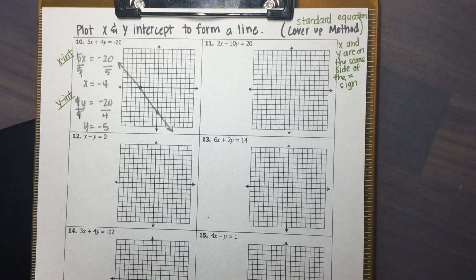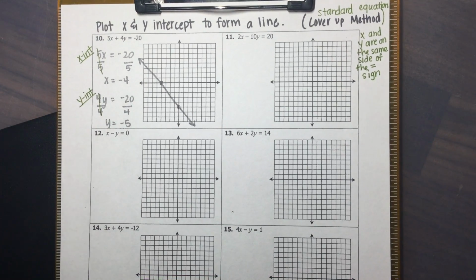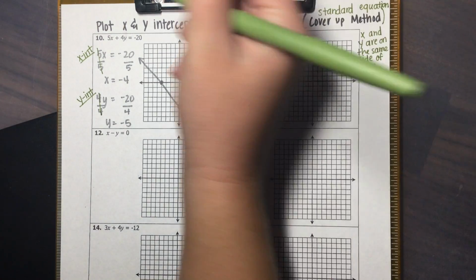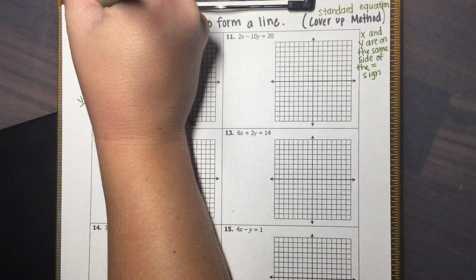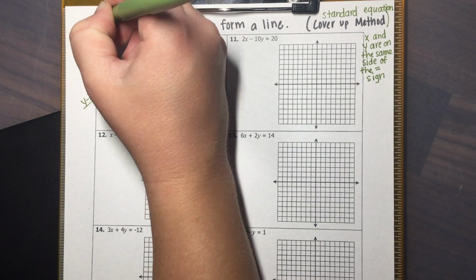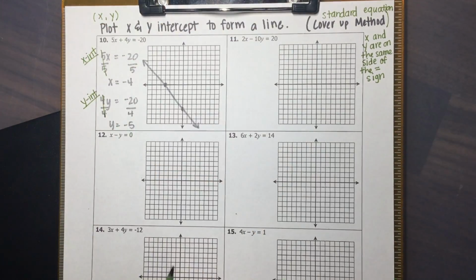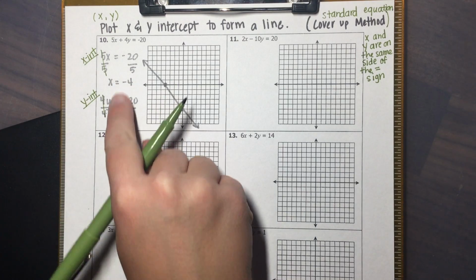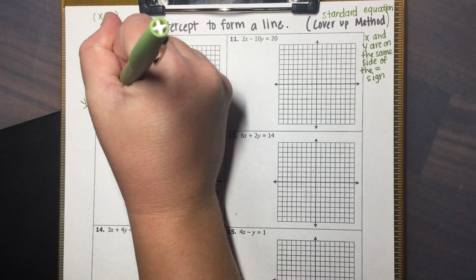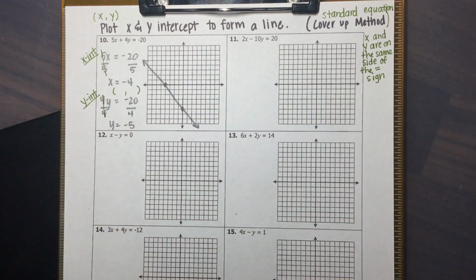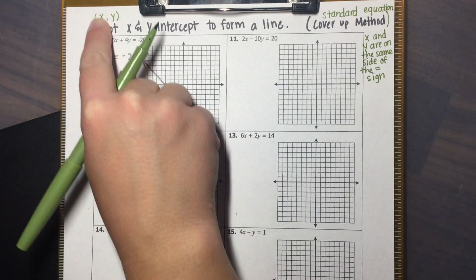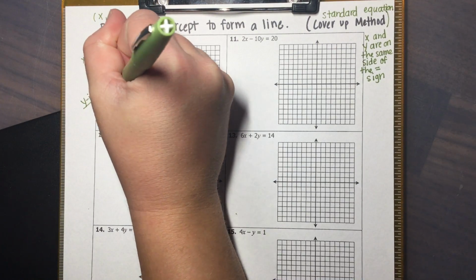All right, now that I have my x and y intercept, I'm just going to go ahead and write some coordinates so I know where to plot these. For a coordinate, I'm just going to add this up at the top just because it is completely a review. I know coordinates go x, comma, y. Okay, so you've got to be careful how we're plugging these in. If I have x equals negative 4, and I've got to write that into a coordinate, I know that this negative 4 is going to be an x, which goes in my first blank,